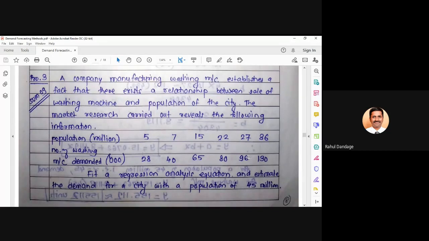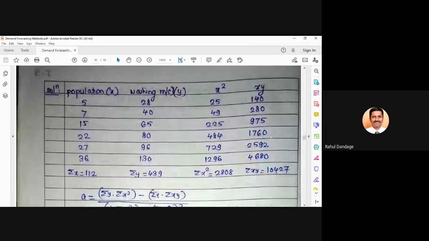Even if anything is remaining, once the same data is entered into tabular format, you can again go through it, because these rows will be converted into columns and then we will do further analysis. So if this kind of problem is given where the two parameters have some direct relationship between them, you can consider one parameter as population, that is X, and the other parameter, washing machine, as Y. Why are we saying like this? Because X is independent, but Y is dependent on X.